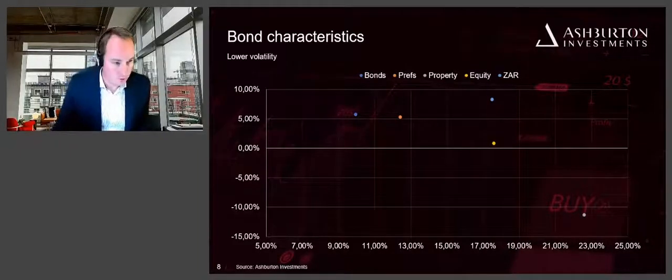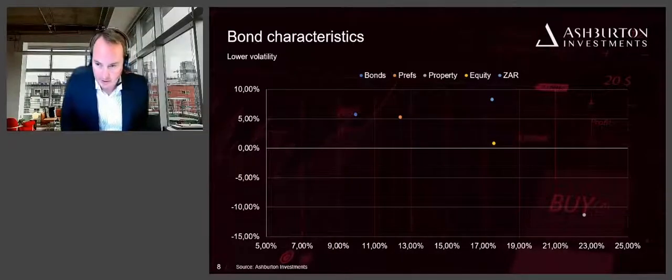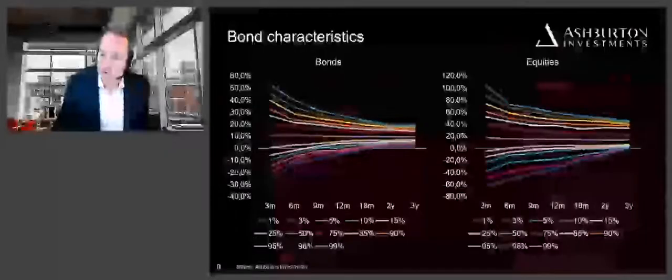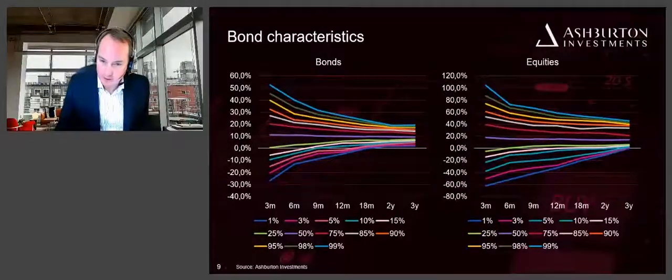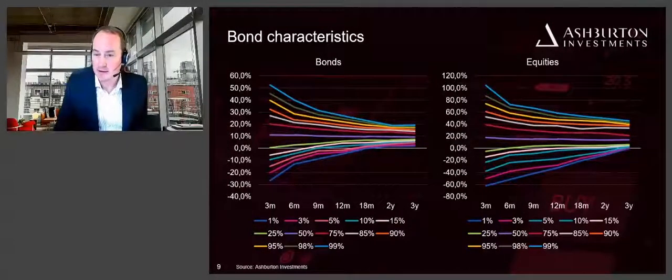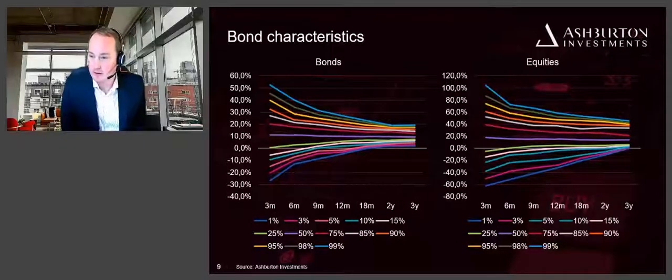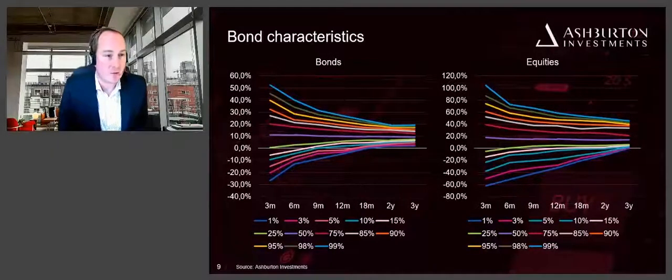There's another thing that's important to remember. And I was specifically warned not to get stuck in this slide with all the colorful lines. This is what, depending on who you talk to, is called the funnel of uncertainty, or anything similar. And what you can look at here is effectively what is the forward return of bonds versus the forward returns on equities, right? What is the variation and what that looks like as you spend more and more time on